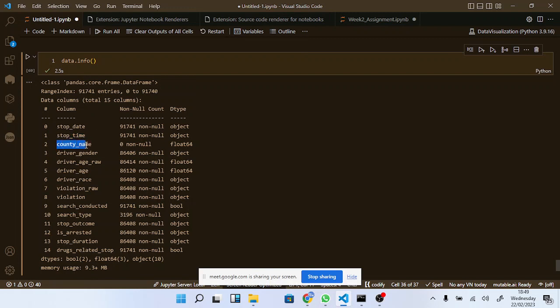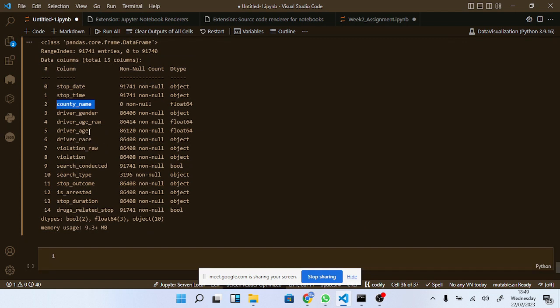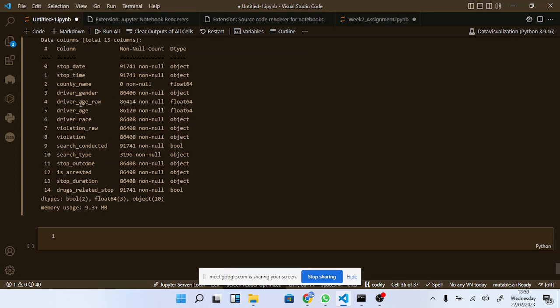They record the county name. They record your gender. They record your age. So actually, some of the columns we are not going to use. We are going to use the ones that are direct. So if you see the violation column, we are just going to use the violation. We are going to drop the other columns. This is what they have recorded: your gender, your age, your race, and then